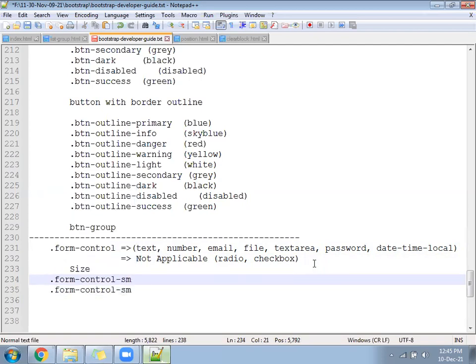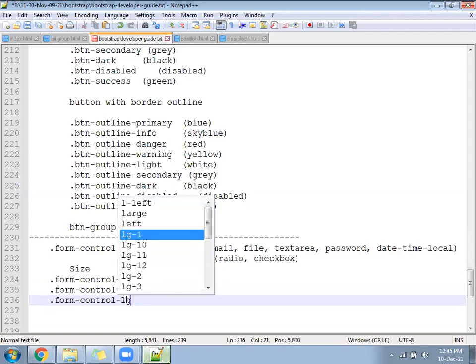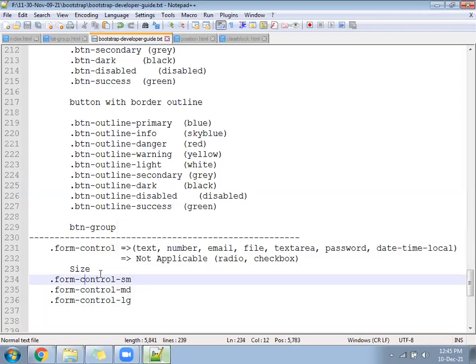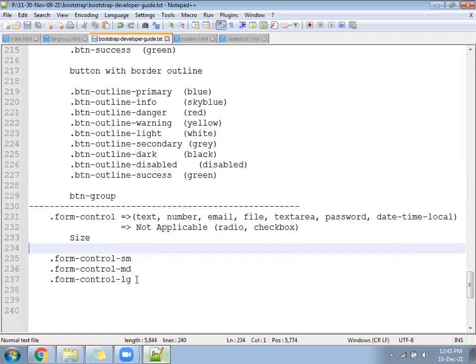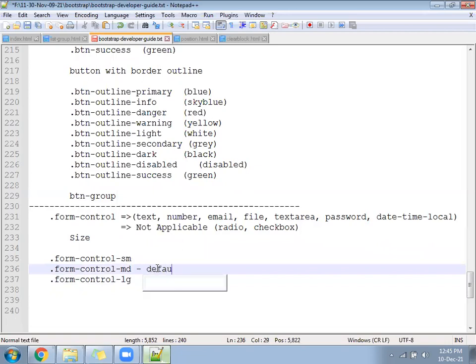Second is form-control-md, and the third one is form-control-lg. Okay, form-control sm, md, and lg. By default it is md.